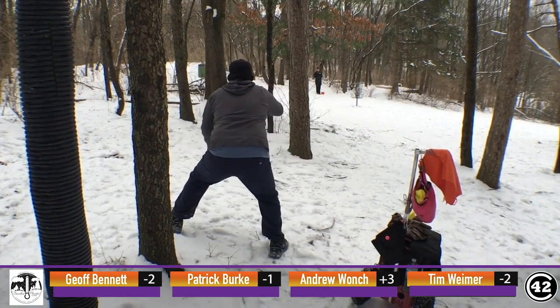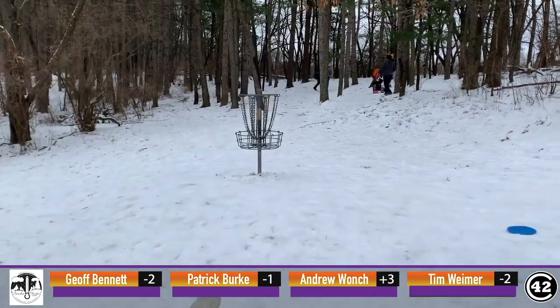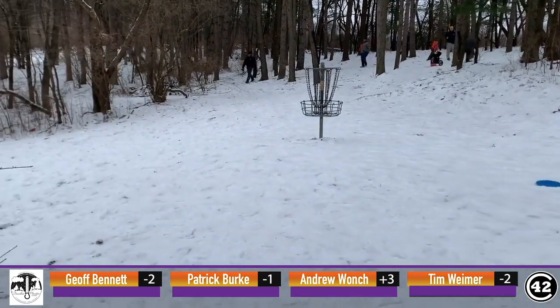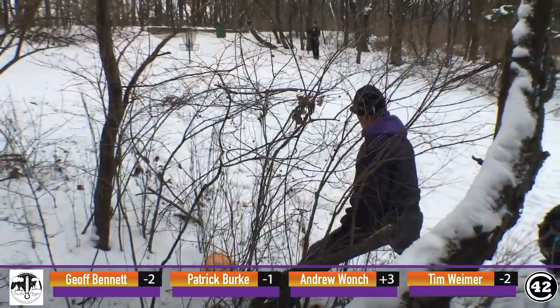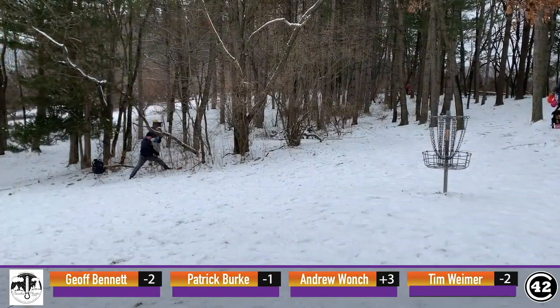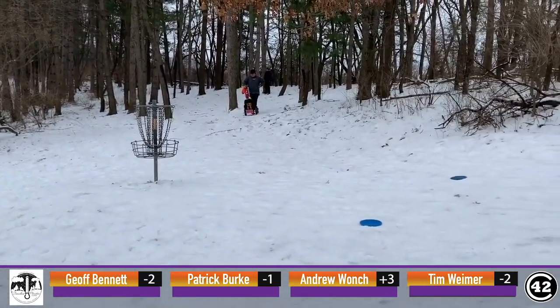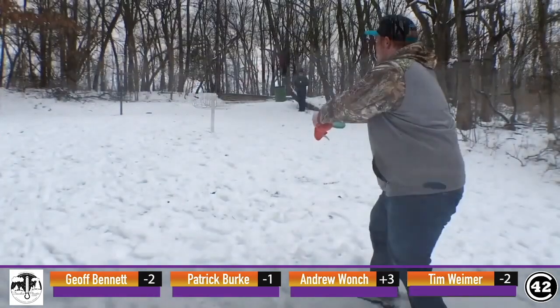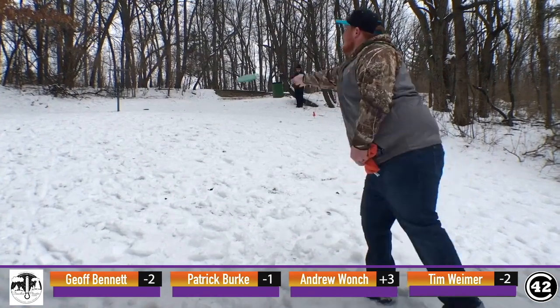Geoff is definitely going to be running this. Just off the top. Whew, good run from him. Oh, look, Tim's found himself in another bush. It's his favorite place to be today so far. Good run from him just off the top as well. Just an obstructed stance. Yeah. He's really comfortable from that distance, even in adverse conditions, but...